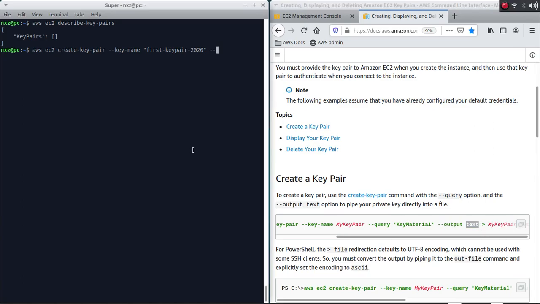So if I do this query, we are querying the key material, and we are saying output that in the form of text to this file named first-key-pair-2020.pem, because it's a private key, right? So if I press enter, okay, the command is executed successfully. If I go again and describe this key pair,